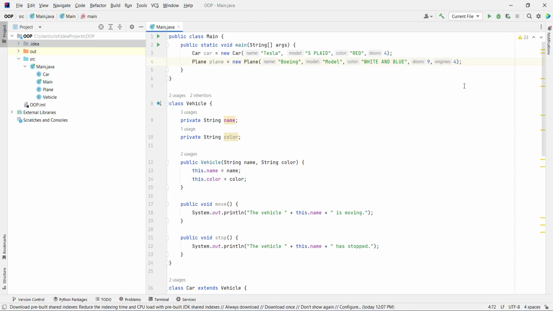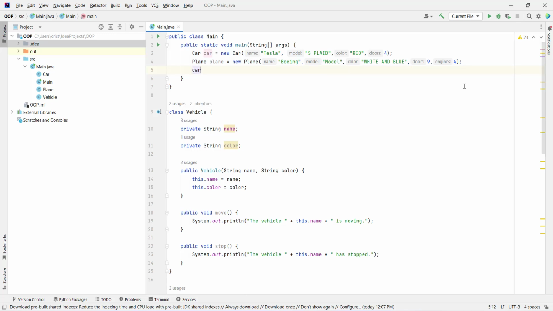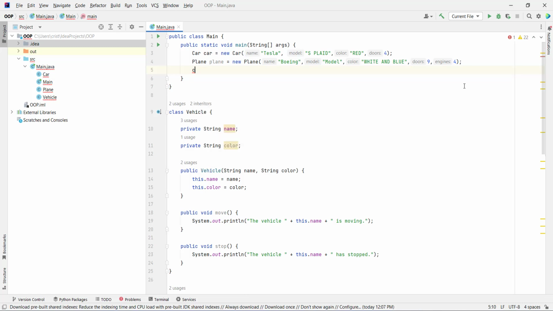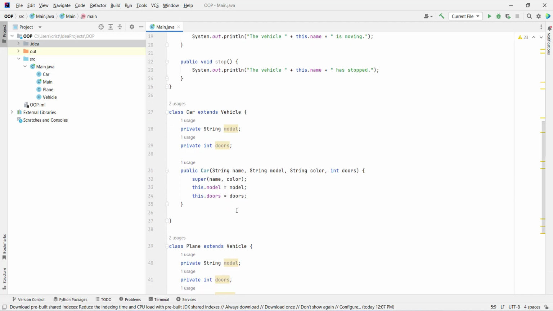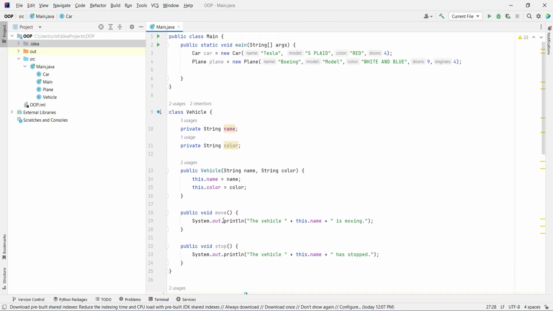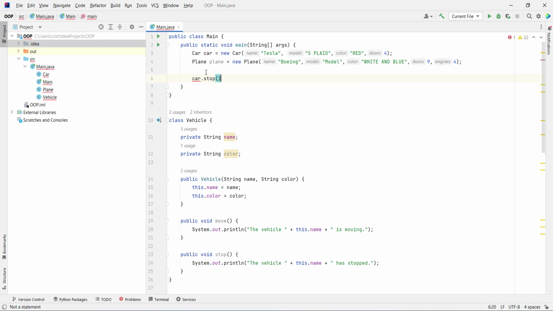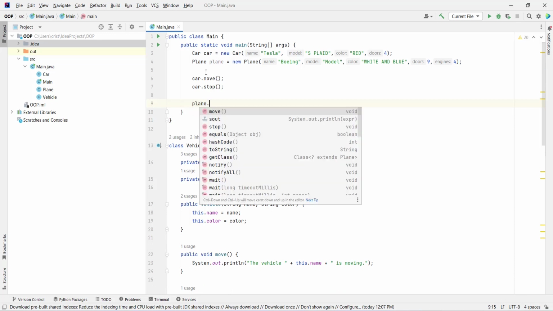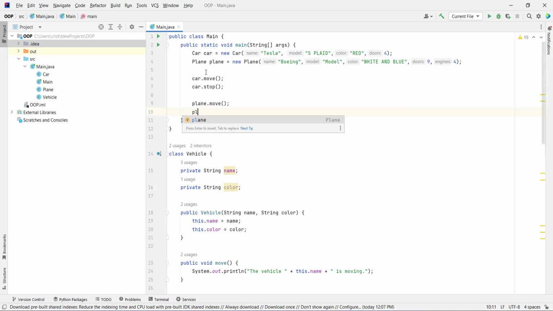Now if you go down here and you type car dot, look what we have. We have the functions move and stop. So we can call the functions move and stop even though they are not declared inside the car class, but because they are declared inside the super class, we can use them inside our own class. And we can do the same thing for plane. So let's actually call them: car dot move, car dot stop, plane dot move and plane dot stop. So now if you run this,